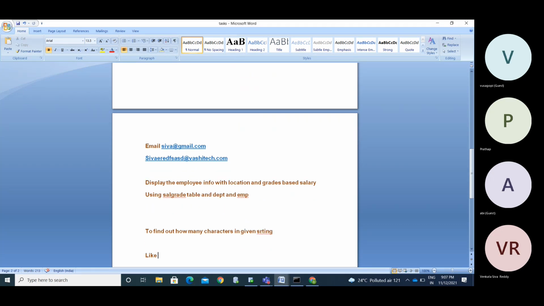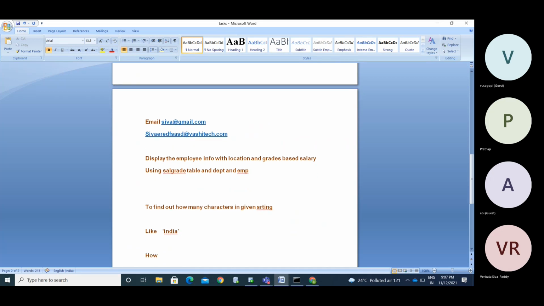Suppose I have a string like this. Okay, now I need to find out how many I's we have in this string. Treat it like, I said, this is a string. Now I need to find out how many I's in the given string.